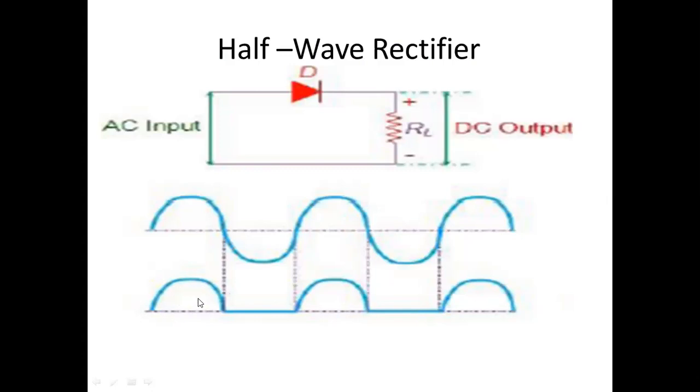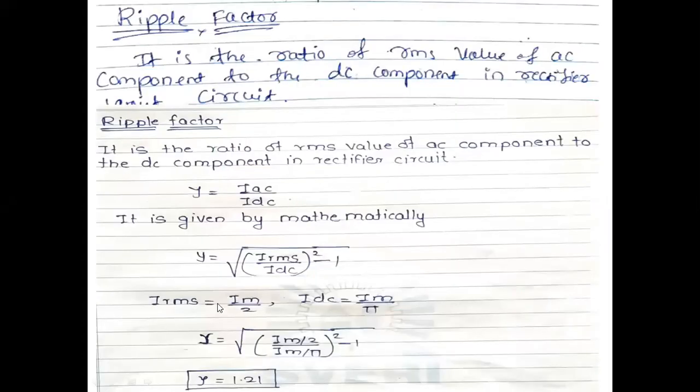So according to the derivation, I RMS equal to square root of under one cycle of I naught square divided by period of I naught here now. So 0 to 2π we can use. I naught square divided by 2π. By doing that derivation we'll get the current I RMS equal to Im by 2. For half wave rectifier it is different. RMS current and DC current are different for half wave and for full wave, they are not the same.